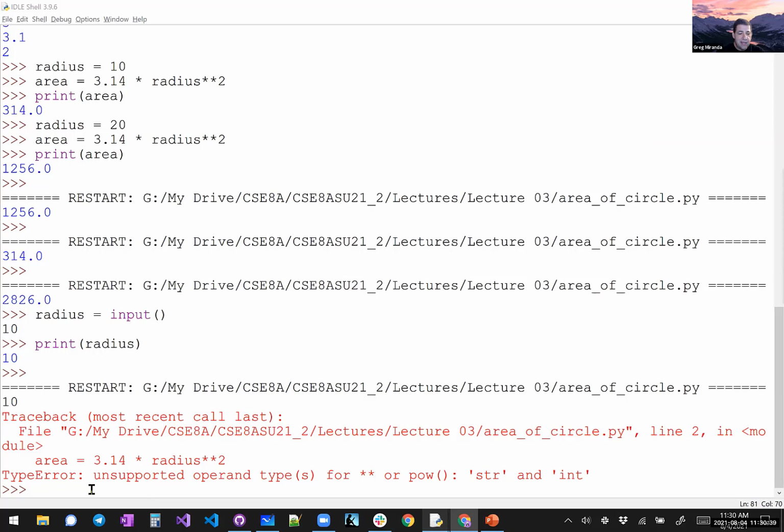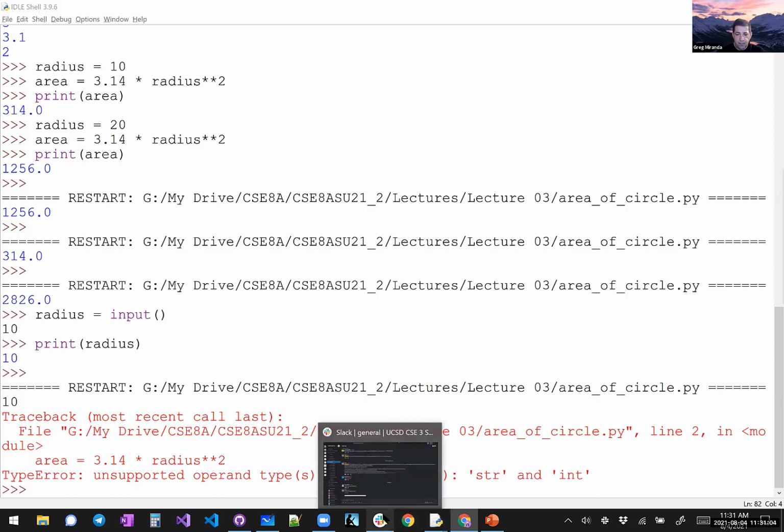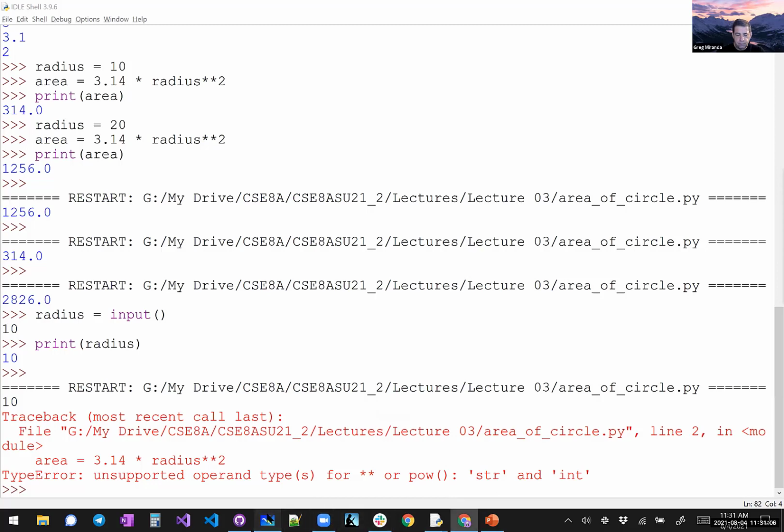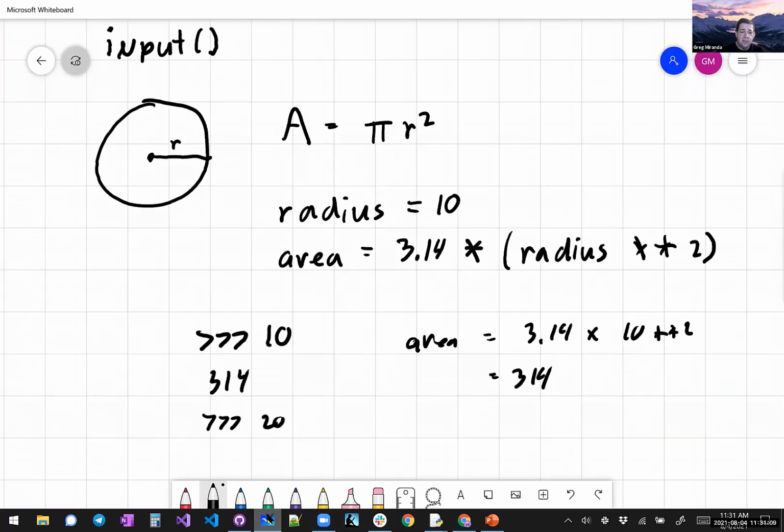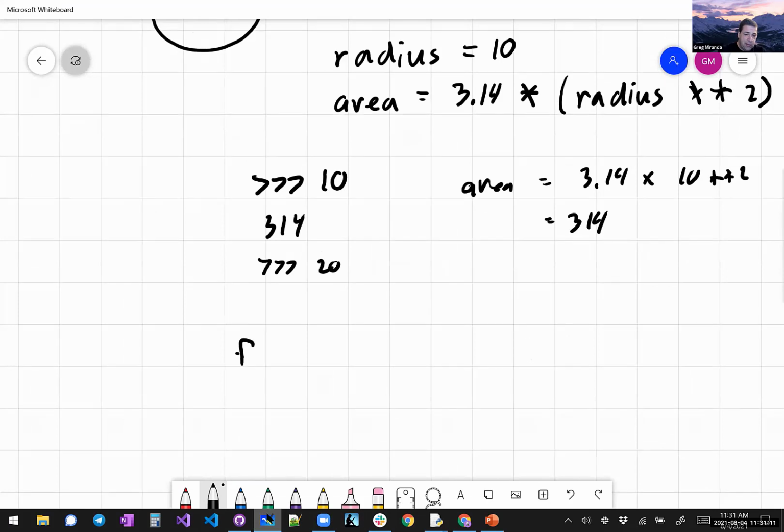The problem is that the input we get is not an integer, it's a string. So radius is actually a string right now. And that's not what we want, because we can't do mathematical operations with strings. So we have to convert that string. We have to figure out how to make that string into something we can use. And there's 2 functions that we can use, and we're going to cover these a little bit more later,